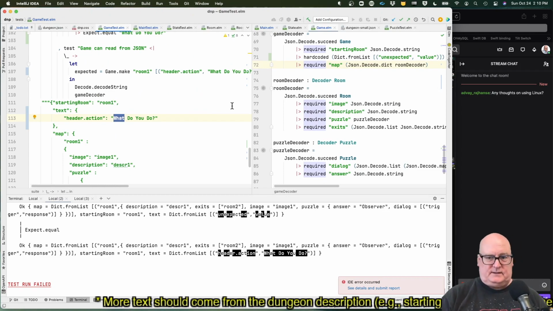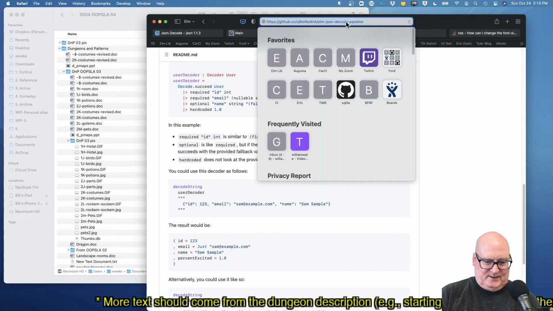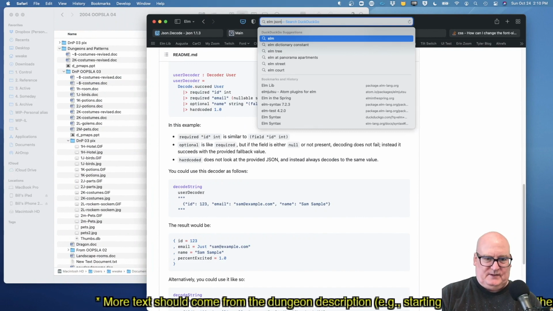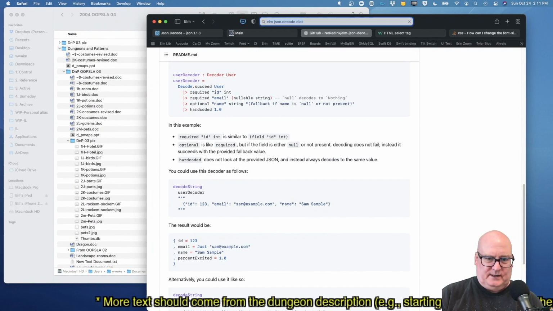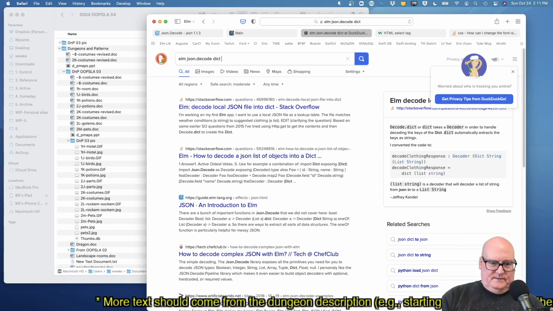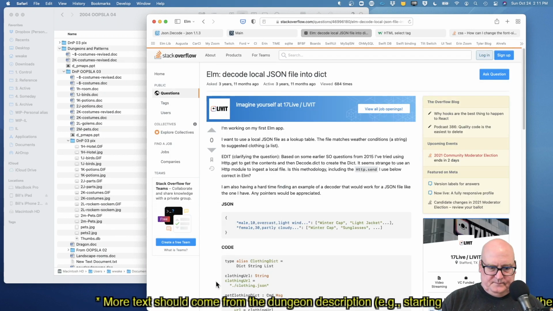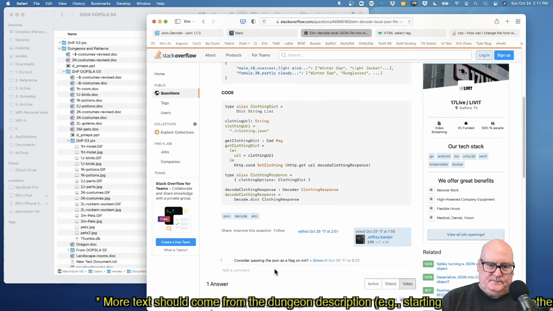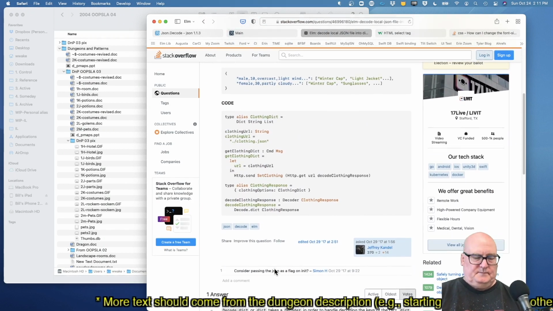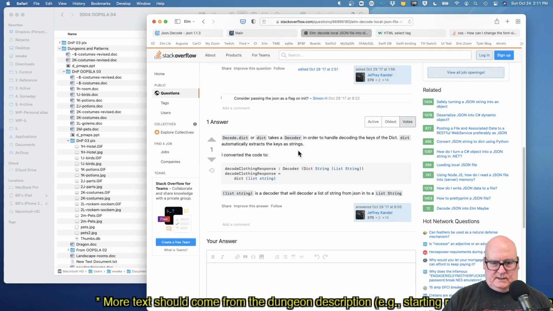All right, let's go back to the Google. All right, so Elm JSON.decode dictionary. Maybe example. Decode takes the decoder in order to handle the keys.